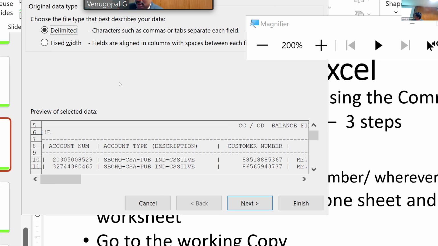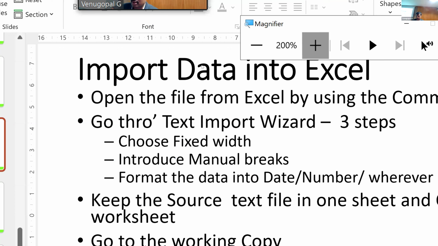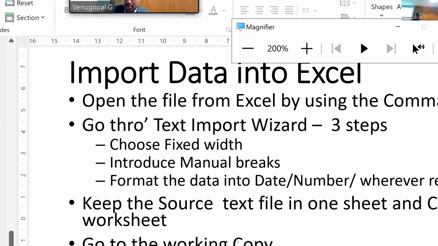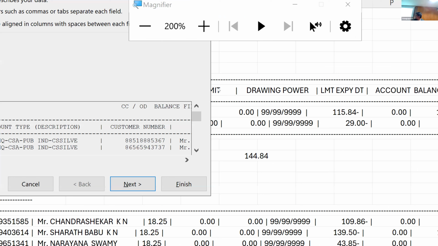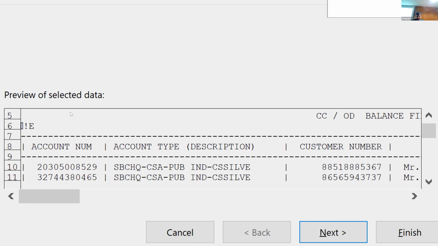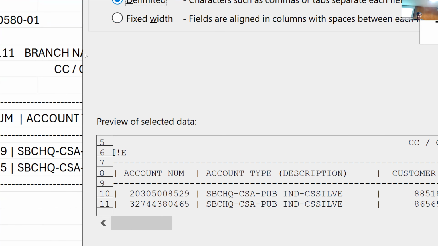Whenever you can see this pipe symbol in between, you know you have something like this, you can use the format called delimiter.